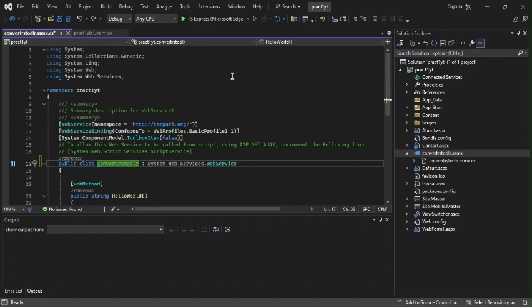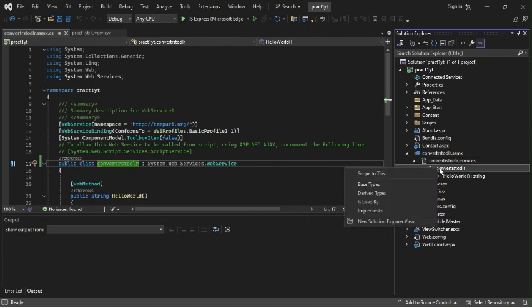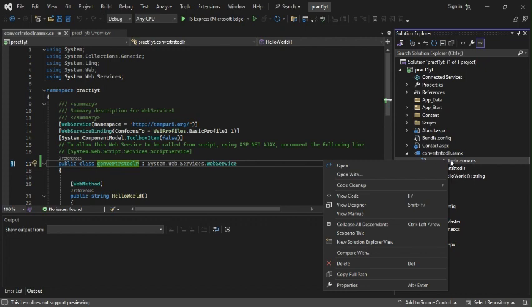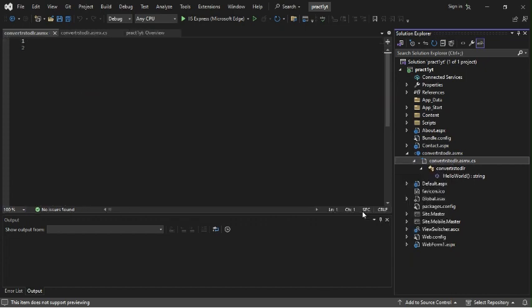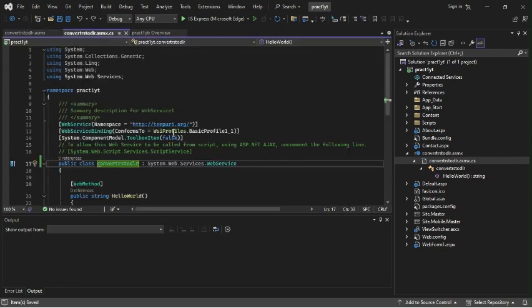Okay, also change your name here. Right click, view markup, change your name here. Save it. Open your asmx.cs file,